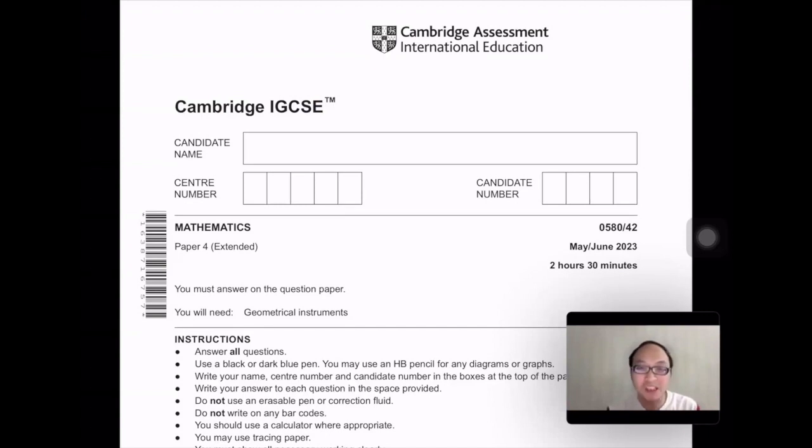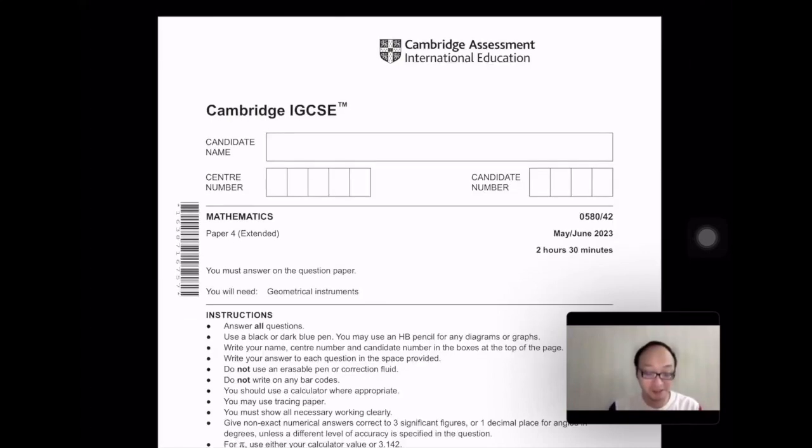Cambridge IGCSE Mathematics Paper 4, Variant 2, May-June Series 2023. So let's start